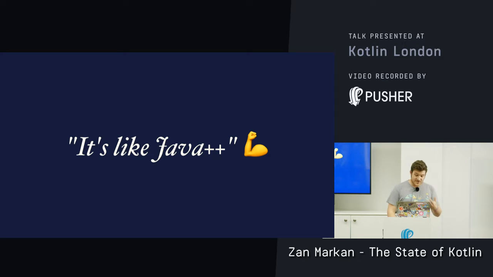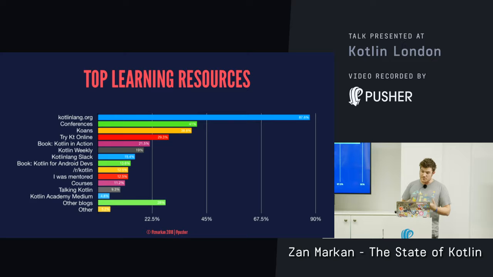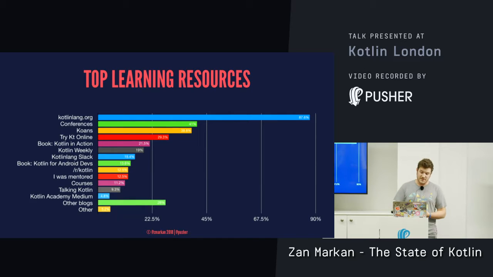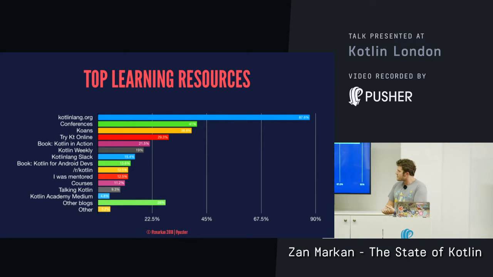So yeah, the resources that people use to learn. No surprise, kotlinlang.org, the official website, is used by almost 90% of people to learn Kotlin. And followed by different talks at conferences and resources like KotlinConf. The most prevalent